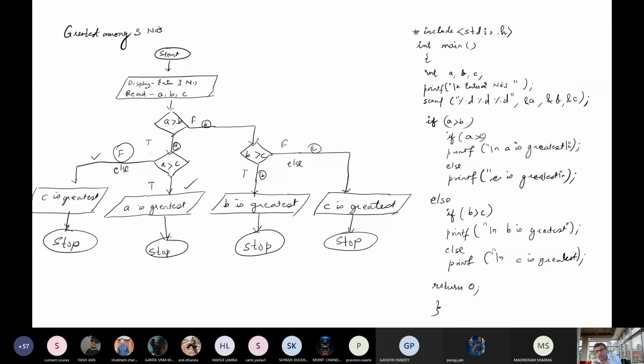So whenever you are drawing this flow chart using flow symbols, it is very easy to go for any programming. Whatever you want to program, you can easily program it. And this program is 18 lines long.